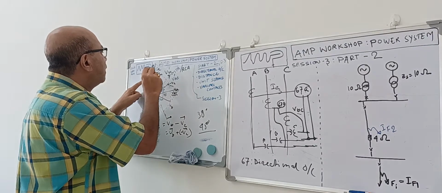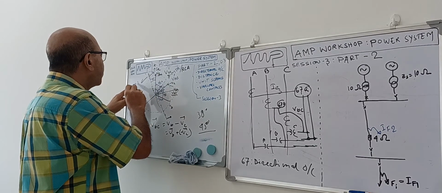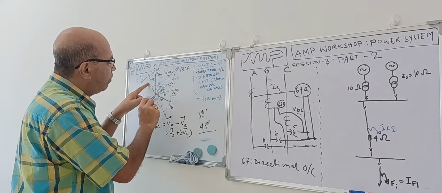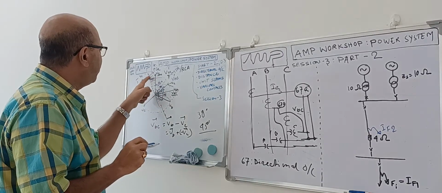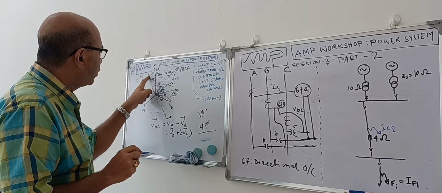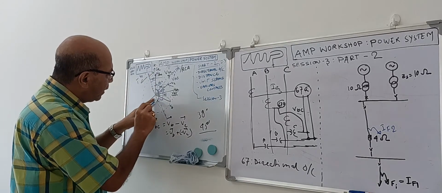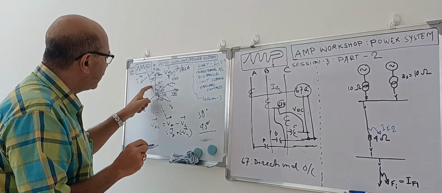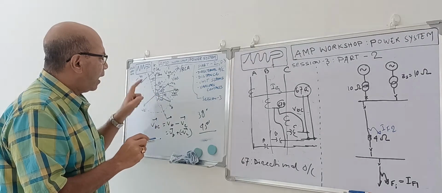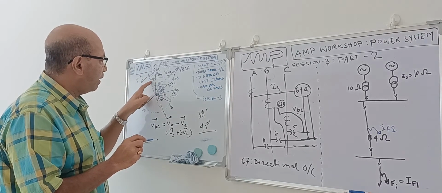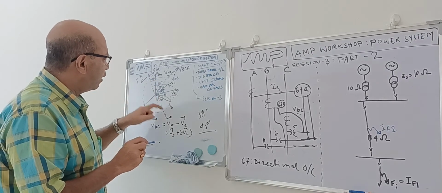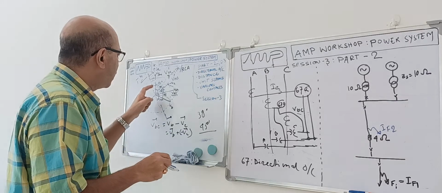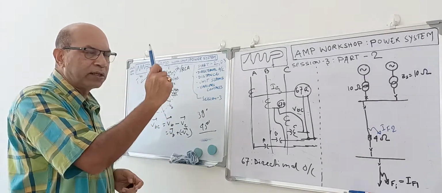But this relay we can operate from, this is the line, this side is a positive torque and this side is a negative torque. So the relay will be operating in this area. That means 45 degrees leading from phase to neutral voltage to 135 degrees lagging from phase to neutral voltage. That means this is a total 180 degree area where it can operate. Leading is this way, lagging is this way. When you give the leading, then it will look in the reverse direction, but when you go for lagging, it will look toward the source side.